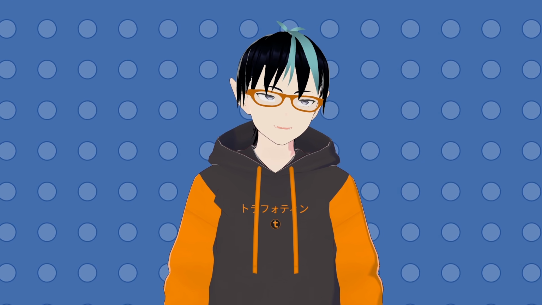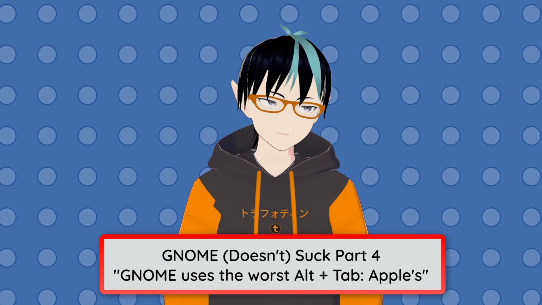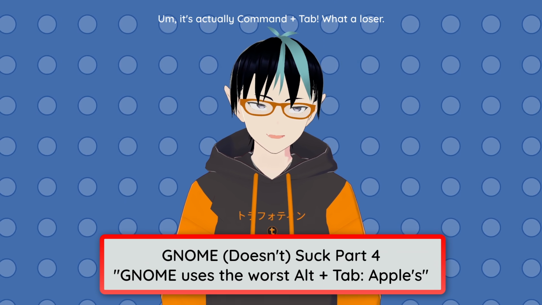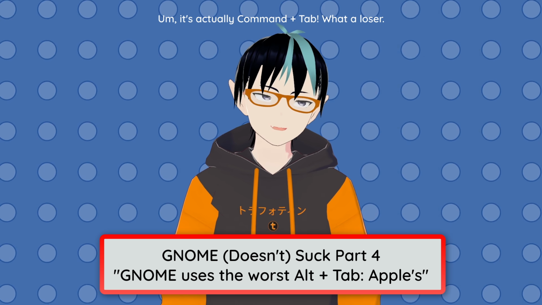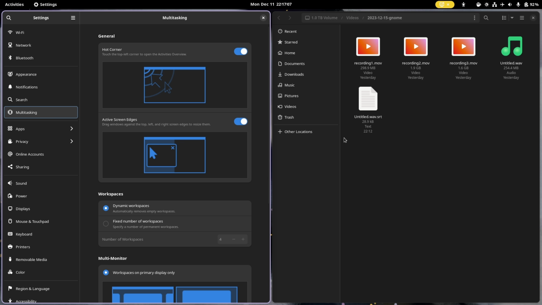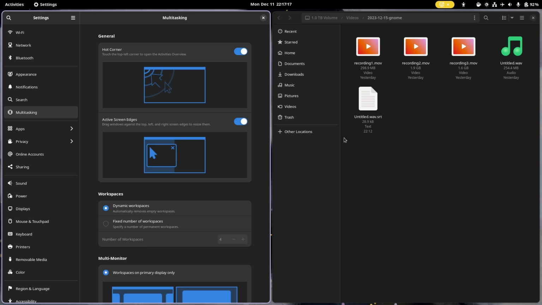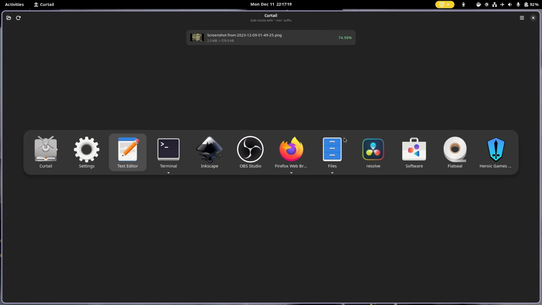But let's also get into window switching. GNOME has access to an Alt tab, and it's really similar to macOS's Alt tab. But a lot of people really don't like macOS's Alt tab. They say, why is it limited to applications? How come some of the applications have an arrow underneath them? Well, the reason why is because while you can Alt tab in a traditional way to cycle through your windows,